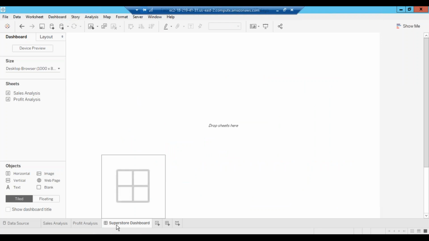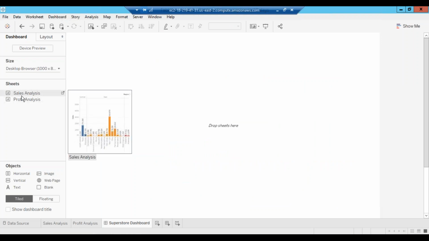Now I have added a dashboard. When I say dashboard, I will see all the sheets I have created. Right now I have created 2 sheets, so under the sheets option, I'll see both of them. If I have 10, 20 sheets, I will see all those sheets here, which you will see in coming sessions. So what I have to do is create a view where both visualizations will be on the same page, isn't it?